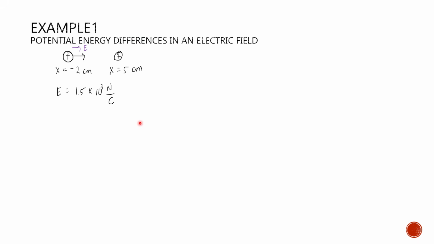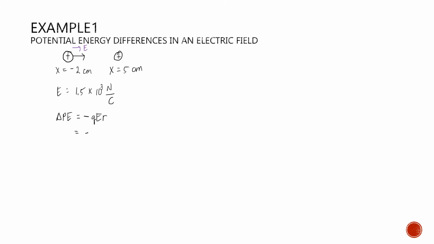So the change in potential energy is equal to the negative of the work done on the charge by the electric field. So it's Q times E times R. Okay, so negative,